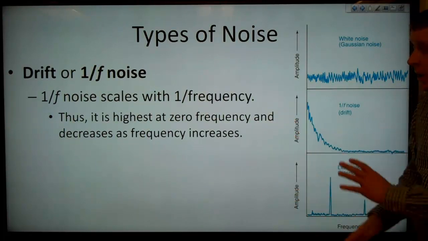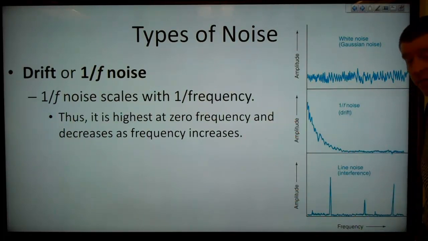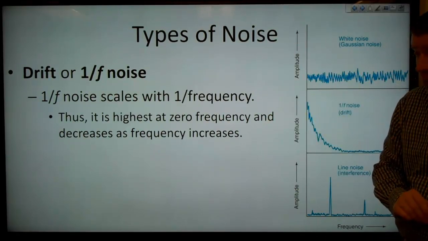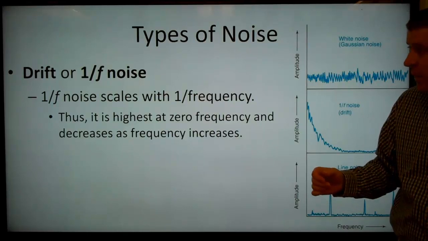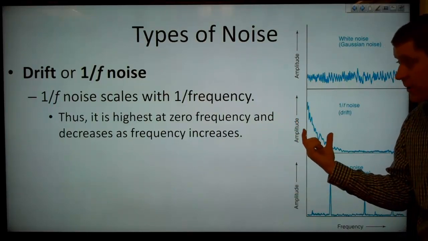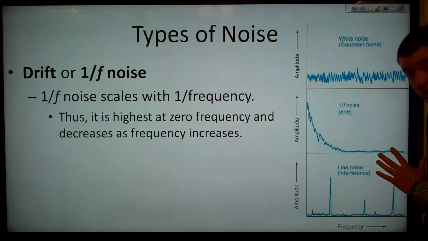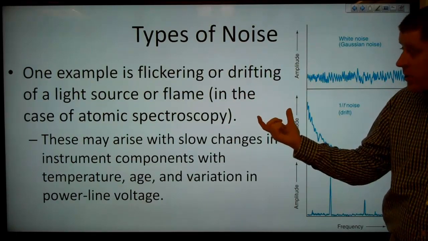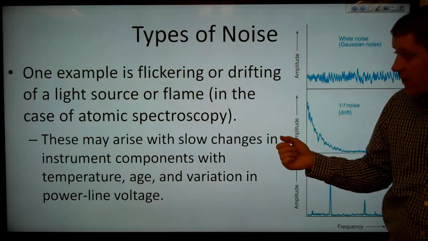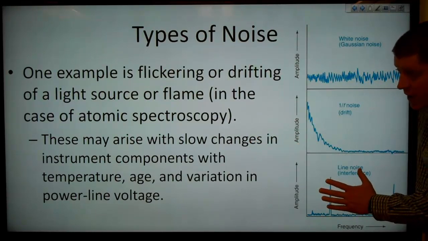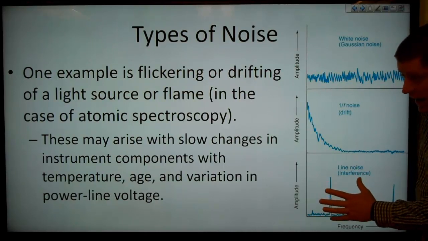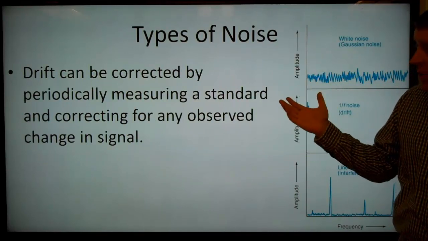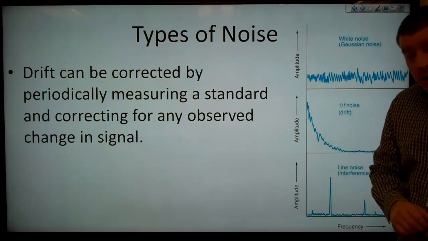The second type of noise here is drift, or 1/f noise. The 1/f noise scales with the inverse of frequency. That's where that f is coming from. So that means it's at its highest at 0 frequency, and is decreasing as frequency is increasing. One example of this is flickering or drifting of a light source or a flame, in the case of atomic spectroscopy. And these can arise with slow changes in instrument components with temperature, age, and variation in the power line voltage. Now, drift can often be corrected by periodically measuring the standard and correcting for any observed change in the